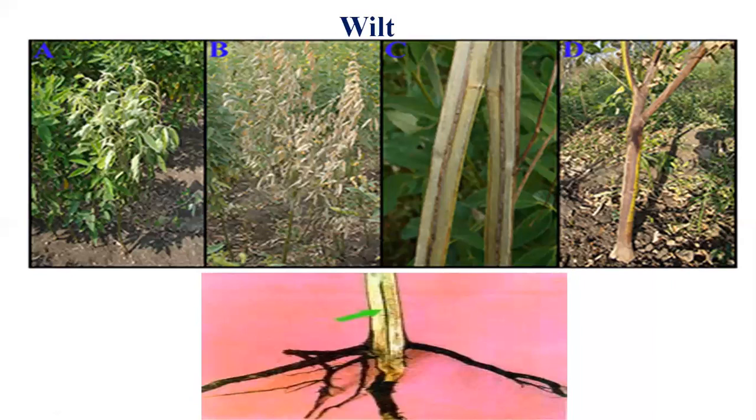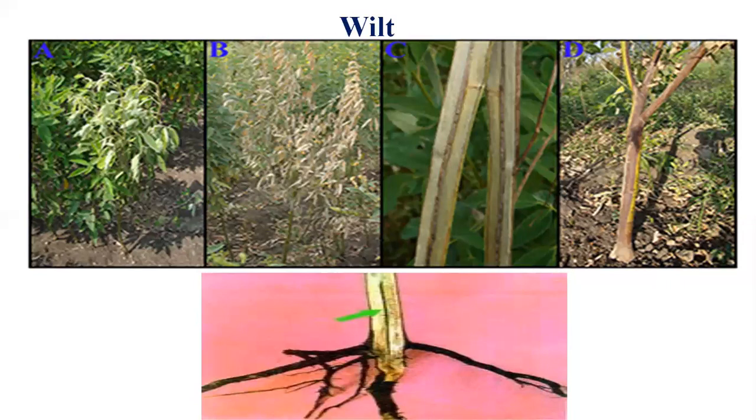So the causal organism I already told you, that is Fusarium udum. A primary source of infection is by soil-borne chlamydospores. That is maybe the resting spore, which causes the perpetuation and causing infection year by year, and also sometimes maybe from the infected seeds. But majorly soil is responsible for the primary infection. Secondary infection is by the conidia. So we have conidia, macroconidia, microconidia. These are responsible for the secondary infection, which is carried by irrigation water and tools and implements.